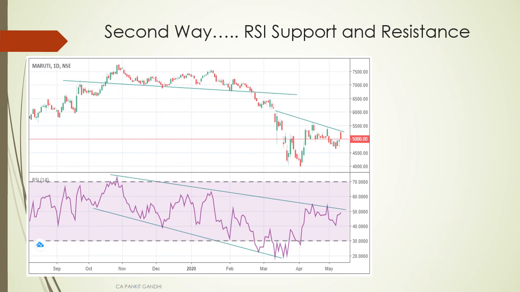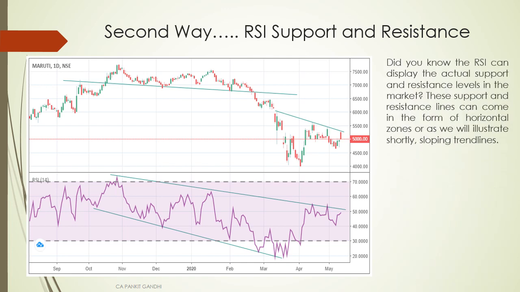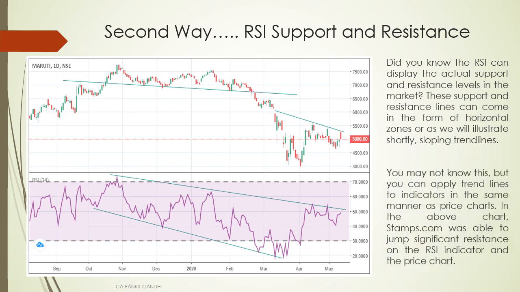Next is support and resistance. Like support and resistance in a candlestick chart, we can use it in RSI charts too. The actual support and resistance levels in the market are also used in RSI as support and resistance. This applies everywhere, in every stock. The more volatile the stock, the more the RSI seems to run between different zones.